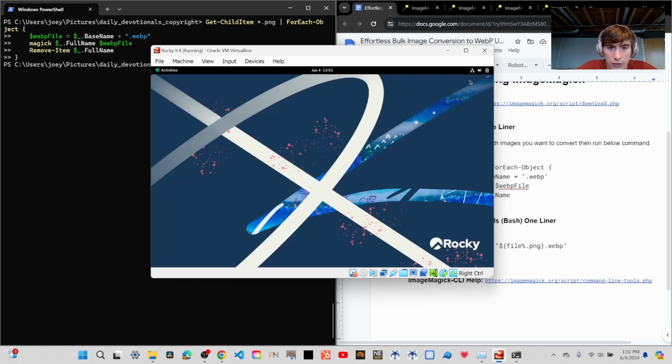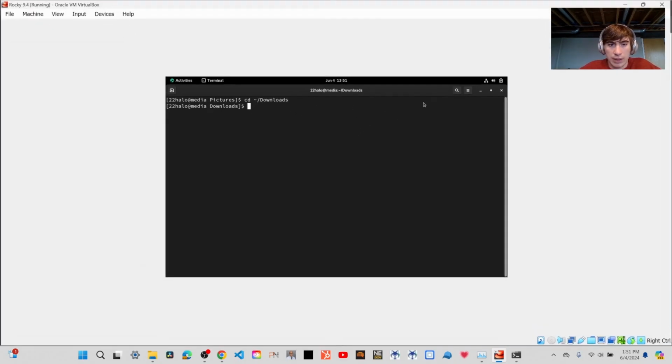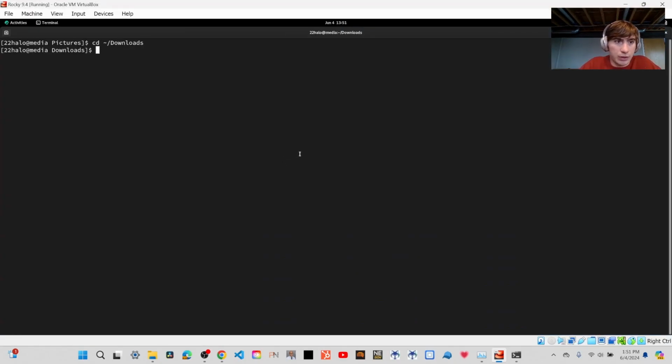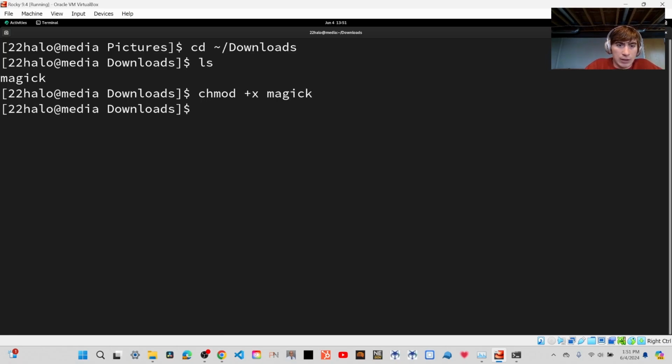And let me show you what you need to do to make the AppImage work. So in your downloads, let me go to downloads, and I'll full screen this and make it larger so you can see. So in my downloads, you'll see that the Magick AppImage is installed. So the first thing you're going to need to do is make it executable by using the chmod command, and then +x to make it executable, and then type in magick. And then what you're going to want to do is just move magick